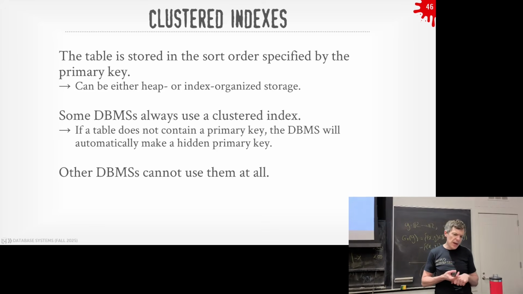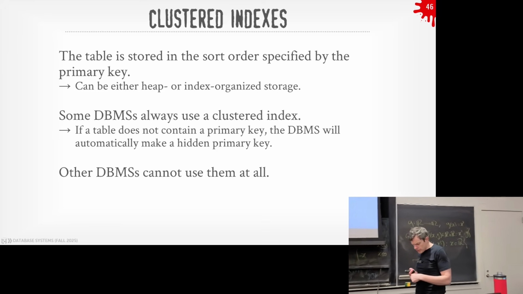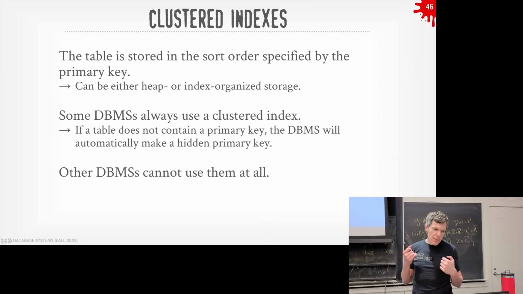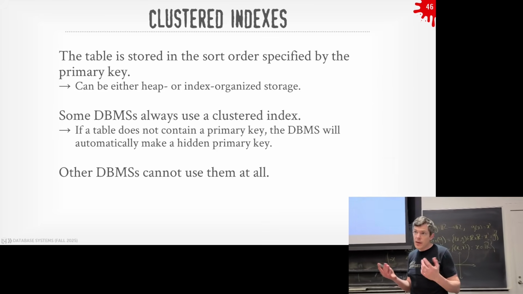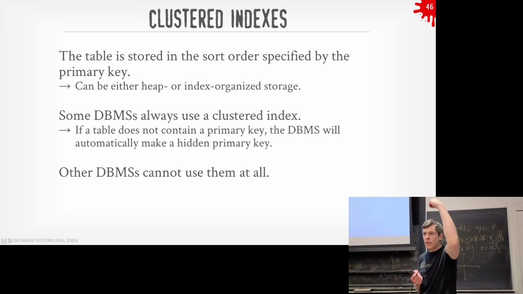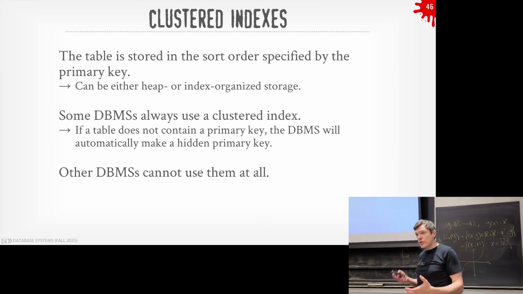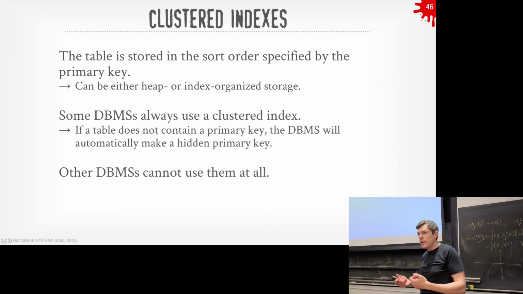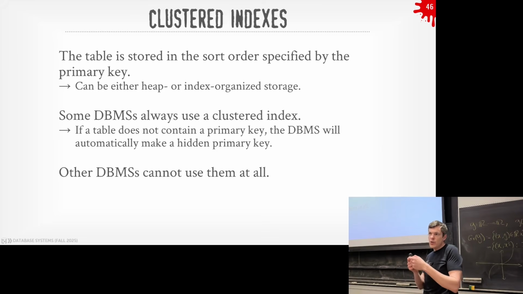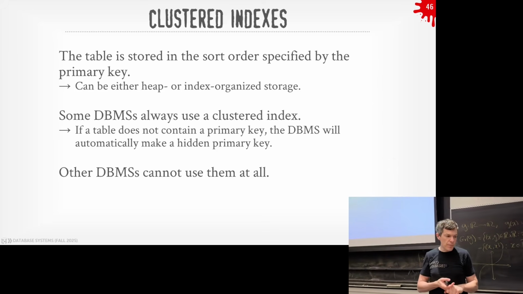So clustered indexes are basically the idea. Sometimes you hear things referred to as a cluster index or a cluster table. This means a sorted table, and it's going to be sorted based on some B+Tree up above, right? You can't use a hash index or hash table because that's not sorted, but it'll be a B+Tree up above. And so if you do index organized storage like MySQL and SQLite, you get this for free because the leaf nodes are sorting the data based on the primary key up above in the inner nodes.